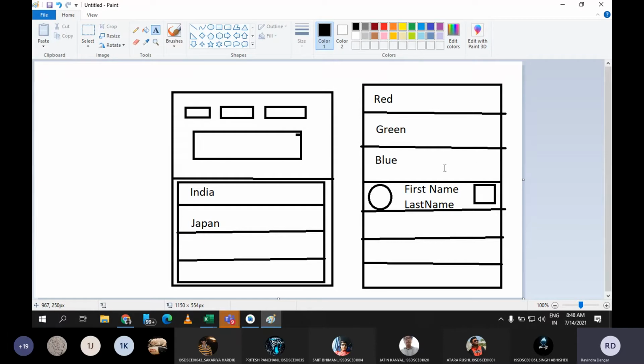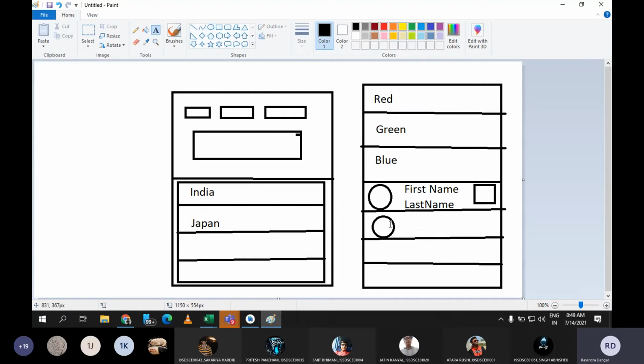But if I talk about custom list view, then in each row you can place a number of components. Here you can see in the 4th row I have placed one image view here, and here also I have placed one image view, and there are 2 text fields, first name and last name. So in a single row I have placed 4 components. In each row you will find a similar structure, while the values and images could be different like this.